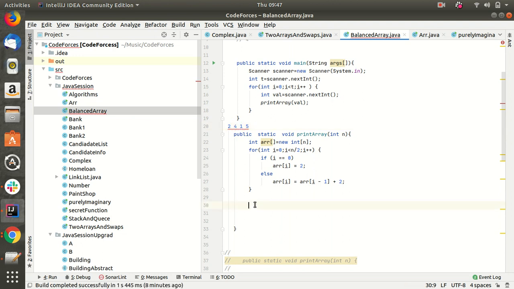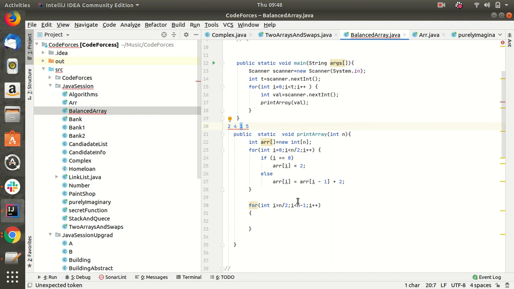For int i equal to n by 2, i less than n minus 1, i plus plus. Now i is equal to 2. What we will do is start with 1 and increment by 2 only.